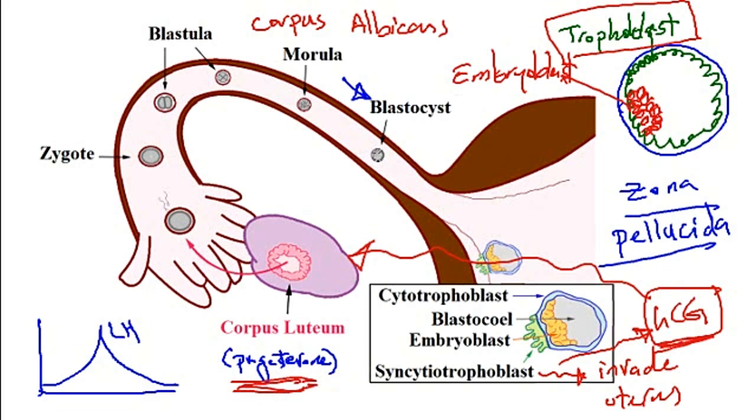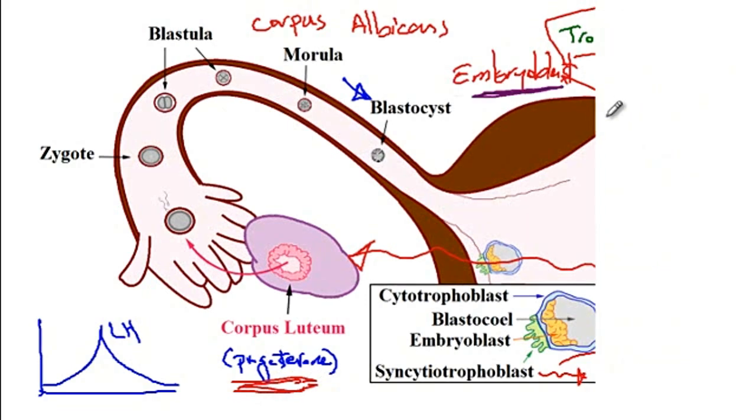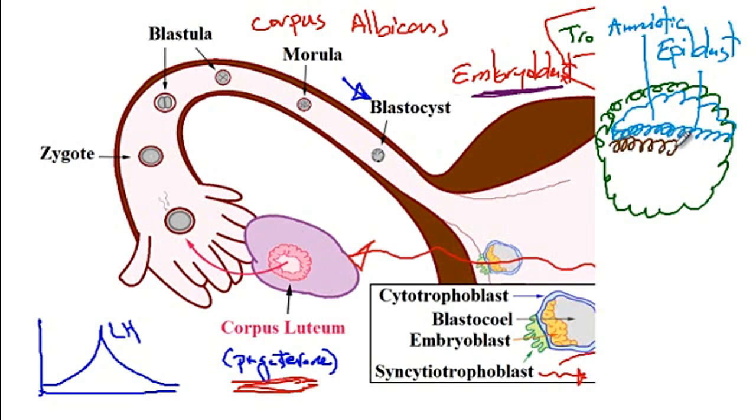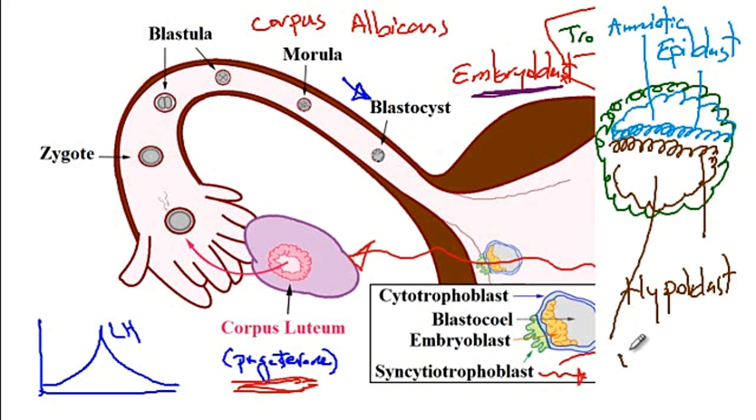Next, I would like to discuss what happens to the embryoblast. So let's say here we have the trophoblast. Then the embryoblast will divide into epiblast, which forms the amniotic cavity. And then the other side will give rise to the hypoblast, which forms the yolk sac